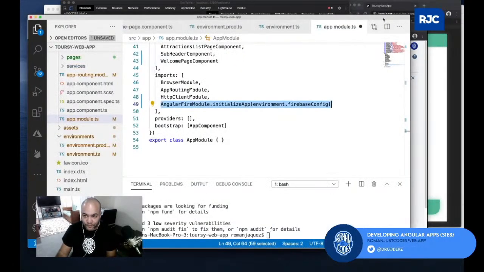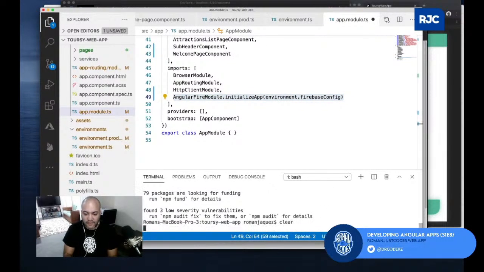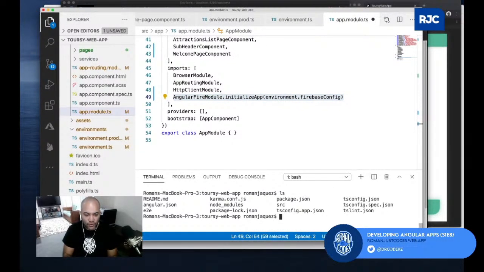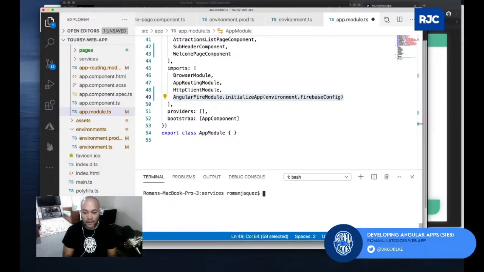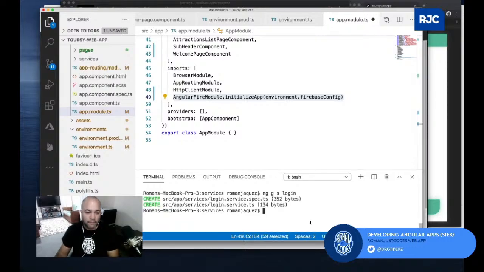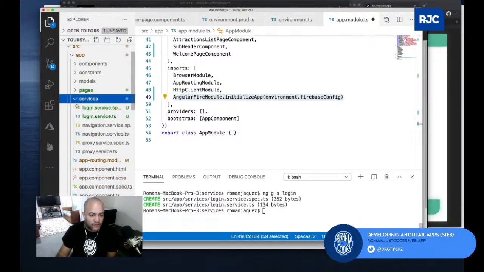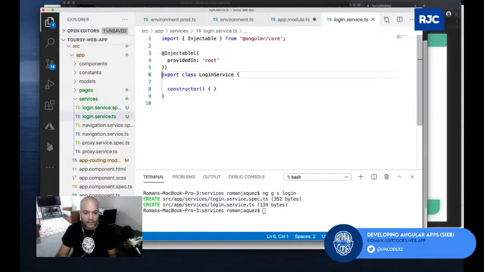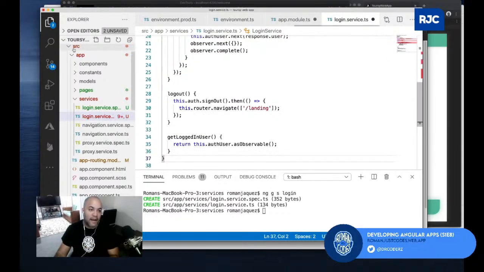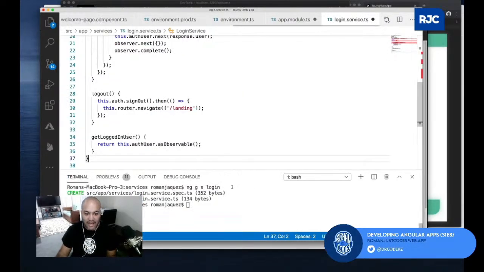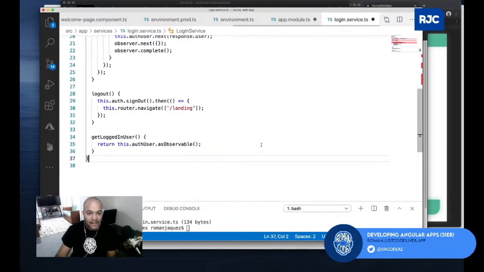So let's go. So here what I'm gonna do is, where am I? I should go to the source app, and then services. Here I'm gonna create a service. I'll say ng generate service, and I'm gonna call it login. So it's gonna call it login service. So let's do that, and then there's just my login service. Boom, it's already created. Now let's go to the services, and then inside of that login service, I'm gonna paste